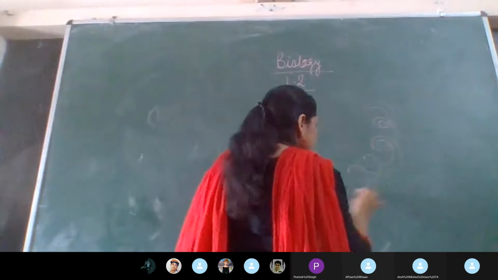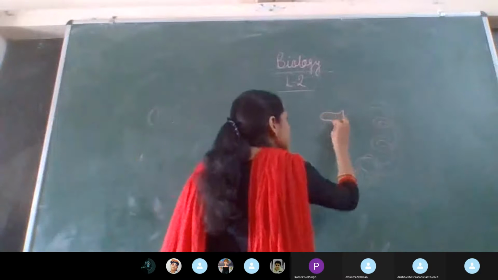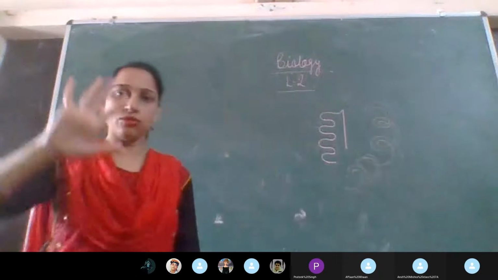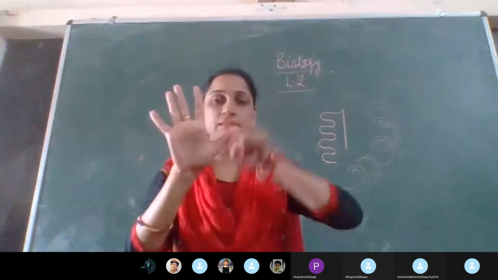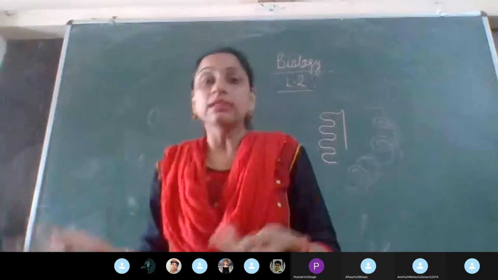Highly coiled structure. But now, if we talk about a small portion of it, and if we talk about the lining, the lining is this way. Finger-like projections can be seen, as I told you last time, and this is to increase the surface. As I told you, here the absorption process takes place.